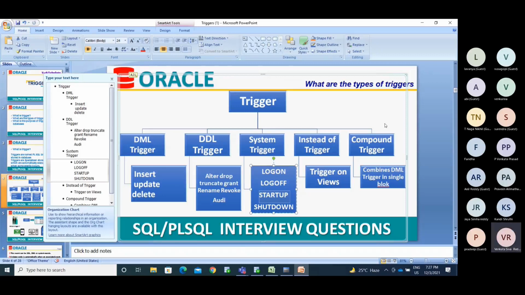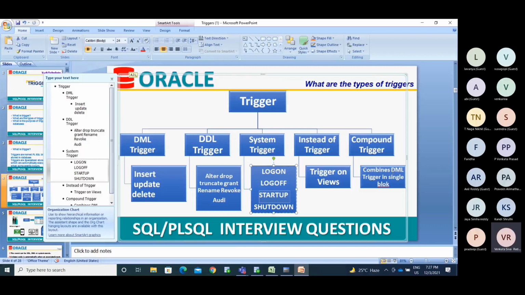Okay, compound triggers. Just as we mention a composite primary key or a composite index: if you are creating an index based on more than one column, we call it a composite index. If you create a primary key on one column, it is a normal primary key; if you create it on more than one column, we say composite primary key.